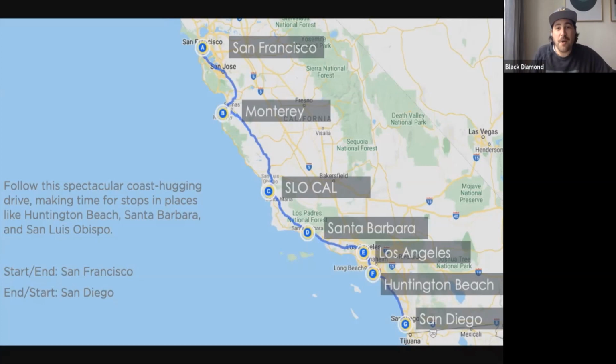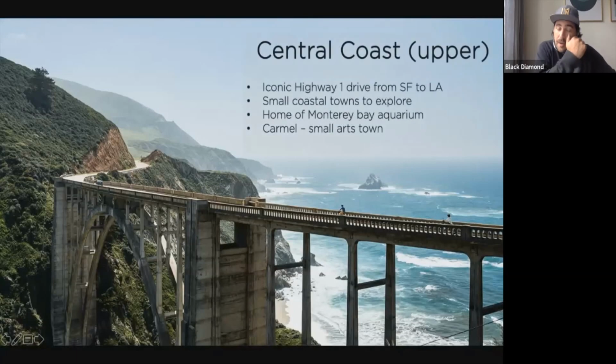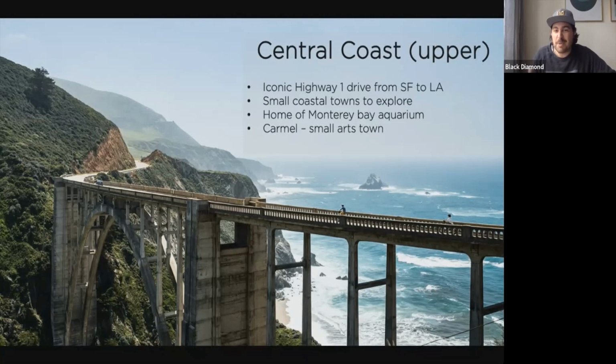Anyway, so heading south, Monterey Bay. I'm going to jump straight on to my next slide. This is what we call the gateway. The picture on your screen is the Bixby Bridge. The Bixby Bridge is quite an iconic bridge, I think. If anyone has seen Big Little Lies, the lovely HBO series with Reese Witherspoon and Nicole Kidman, this bridge features in the opening credits all the time. That is all based in and around Monterey. It's actually filmed in Pasadena, fun fact, but in LA, all the outside shots are filmed up in the Monterey Bay area.